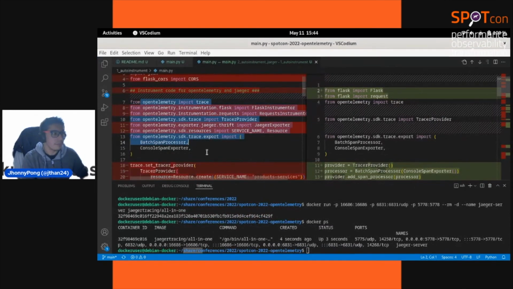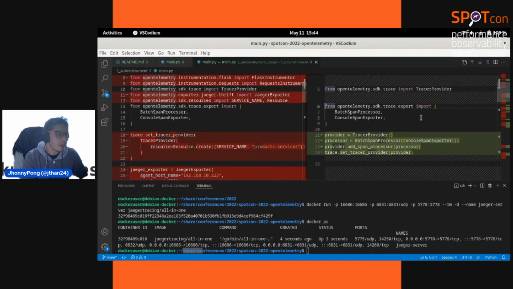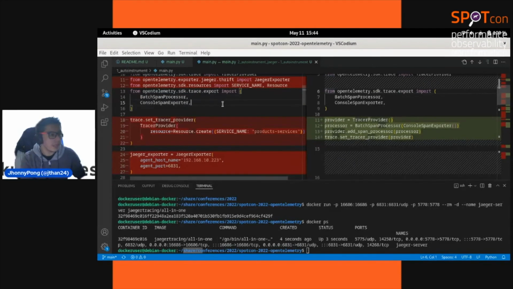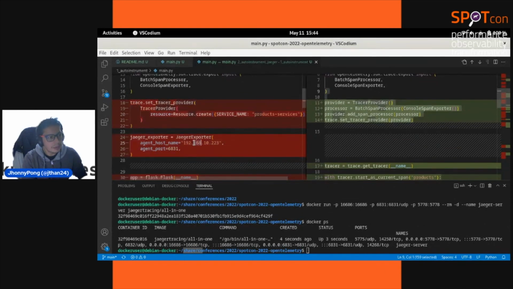More definition about the first part, that is the auto instrumentation, and the second part is the instrumentation more in depth with OpenTelemetry. You can define in one part the auto instrumentation, just provider, processors, and set traces from my application. On the other hand, we have the tracer provider and how we can put it together for Jaeger. That is the part of the exporters that send this information.